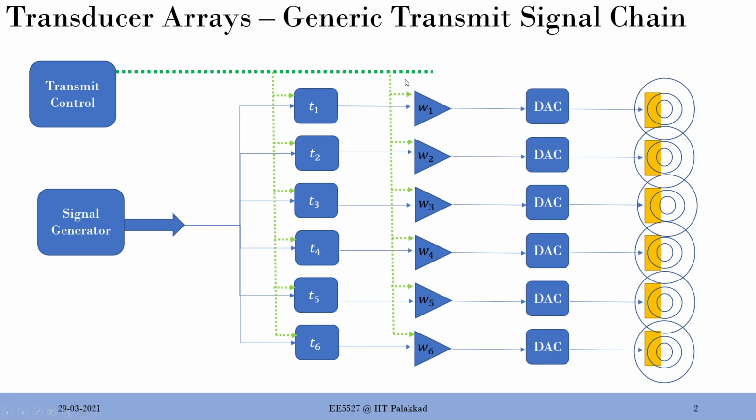And then of course we can even shape the aperture. Always don't forget that aperture is nothing but the number of sensors involved in the transmit or the receive at any given point of time. In this case it's all about transmit. So I can even weight the signals at each of these antennas or transducers so that I can shape the beam pattern, right?